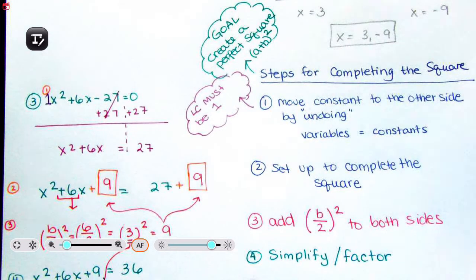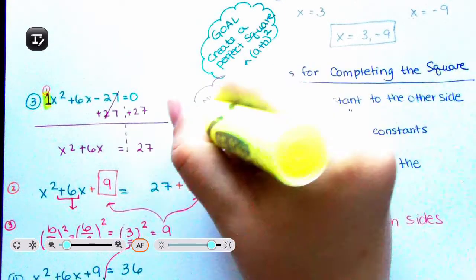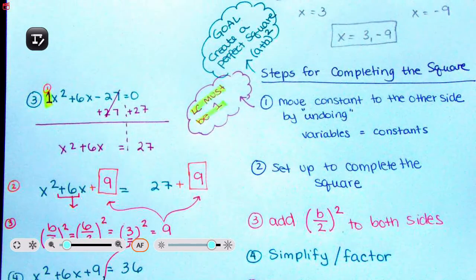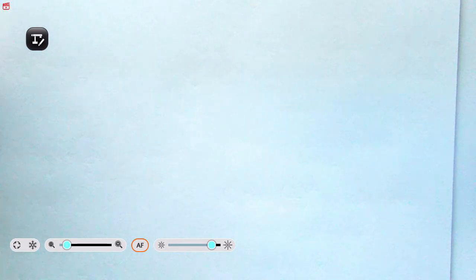This must be 1. If it is not 1, we must divide, and that's going to be example number 2. Let's do that. The steps are going to be exactly the same. I'm not going to be rewriting those steps. We're just going to work with example number 2 and then call it good. So, example number 2,